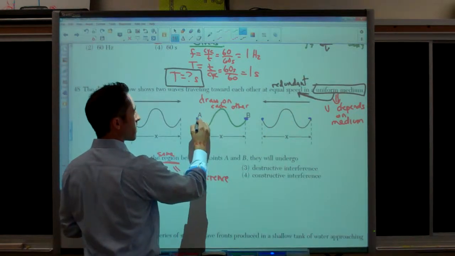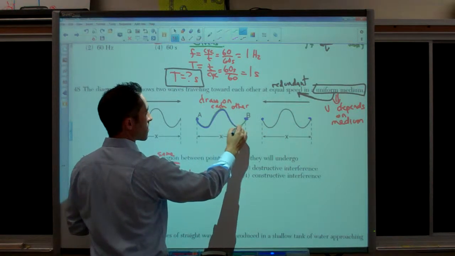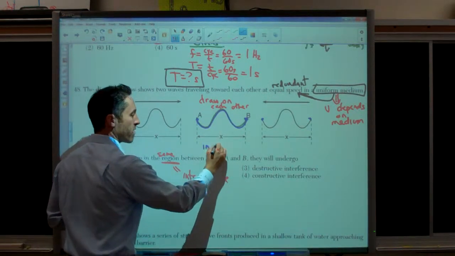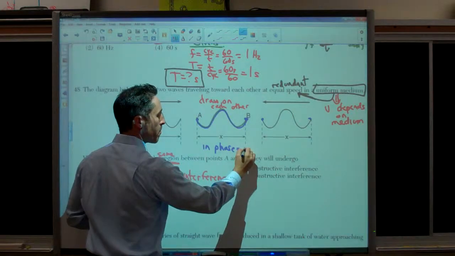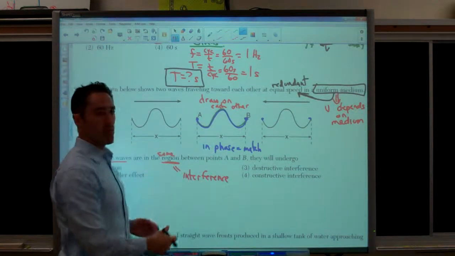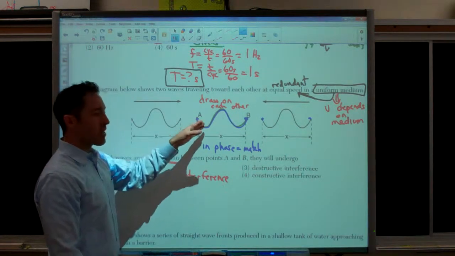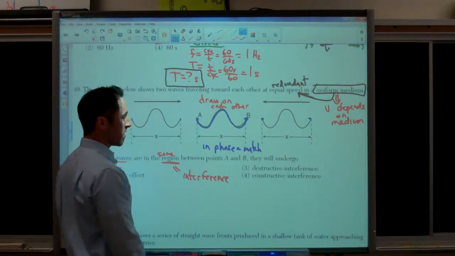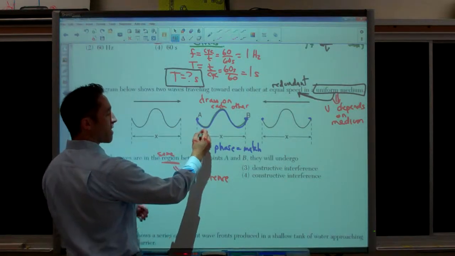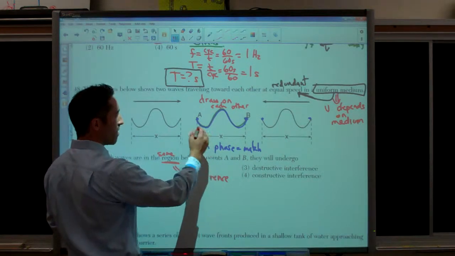So it actually follows the same shape. Drop, rise, drop. Okay, they are in phase, which means they match. Before we did points in phase, now we have waves in phase. They match. And when they match, they add. They actually make not a smaller wave, but a bigger wave. In reality, what you would see here is